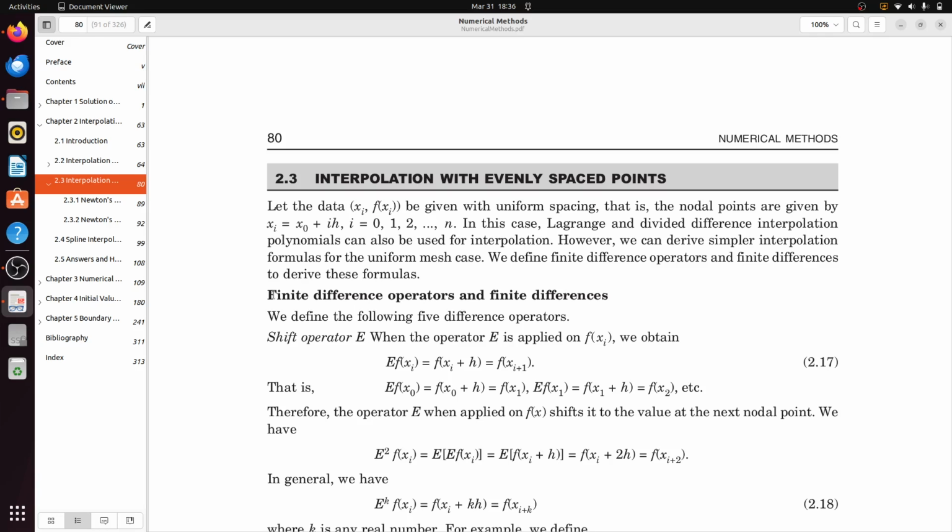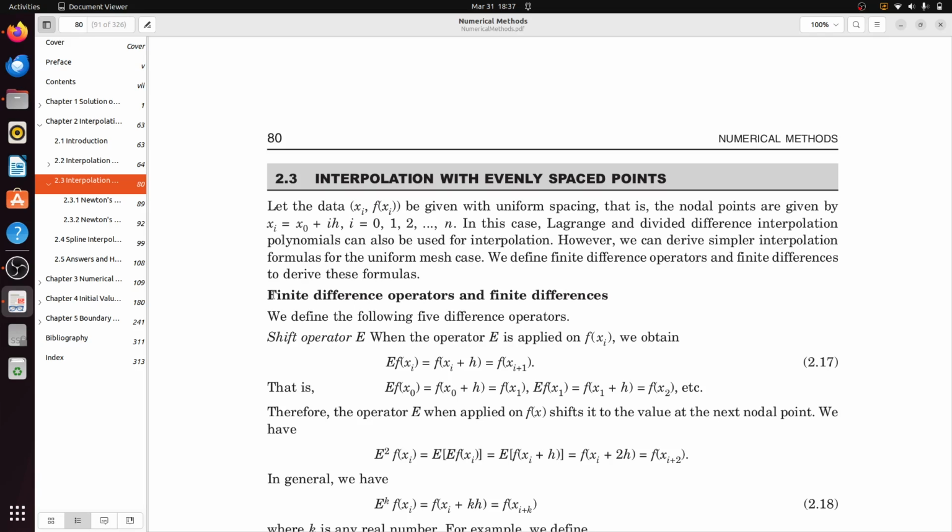So Lagrange's interpolation formula or Newton's divided difference interpolation formula are effective for data points which do not have uniform spacing. But today we will learn simple interpolation techniques that are effective only for uniform spacing. Note that the interpolation techniques like Lagrange's interpolation formula or Newton's divided difference interpolation formula